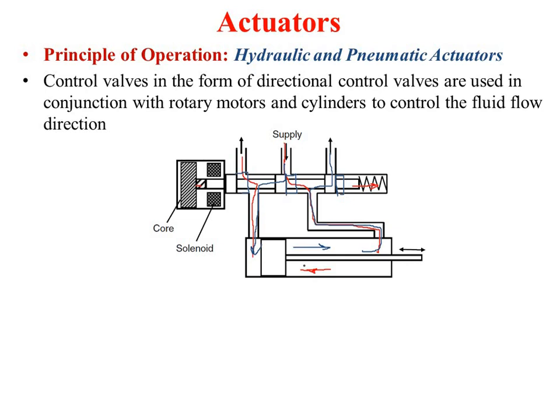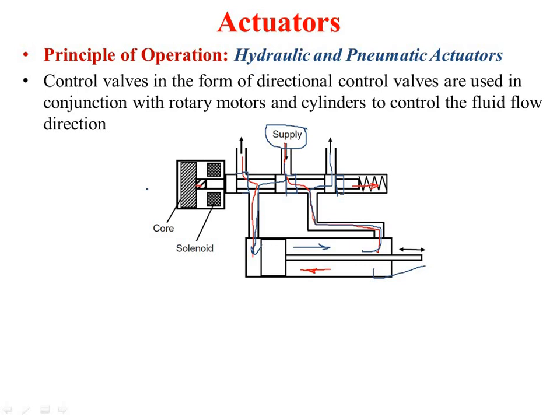So this is how there is a piston movement in this direction, in red direction and blue direction, depending on the solenoid valve. If the solenoid valve is operated, then it will move outward, and whenever it gets deactivated, it will move inside. So this is how the hydraulic or pneumatic actuator works, depending on what kind of supply. If the supply is of air type, then we will call this actuator a pneumatic actuator. Actually this is with a solenoid.